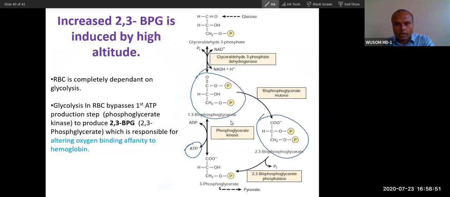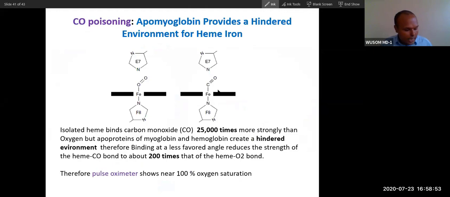Now you understood this. So this is the last concept. Let me talk about carboxyhemoglobin, which is very important. I have already told you about carbon monoxide poisoning in the electron transport chain. This is a poison of the electron transport chain also. It is also a poison of hemoglobin. It will also bind with hemoglobin permanently. You can see the structural similarity between carbon monoxide and oxygen.